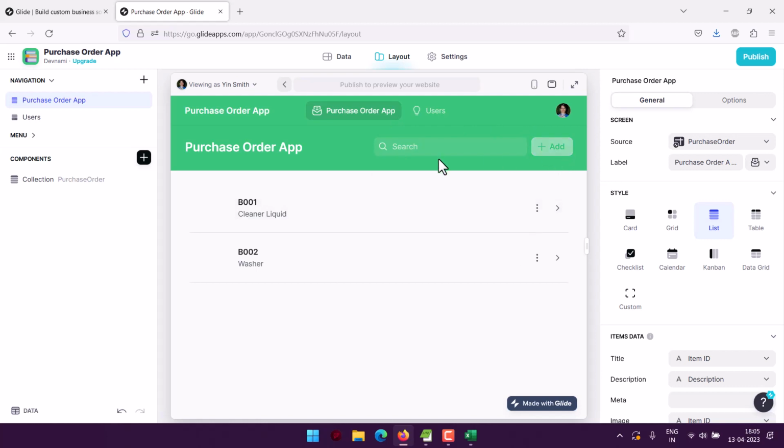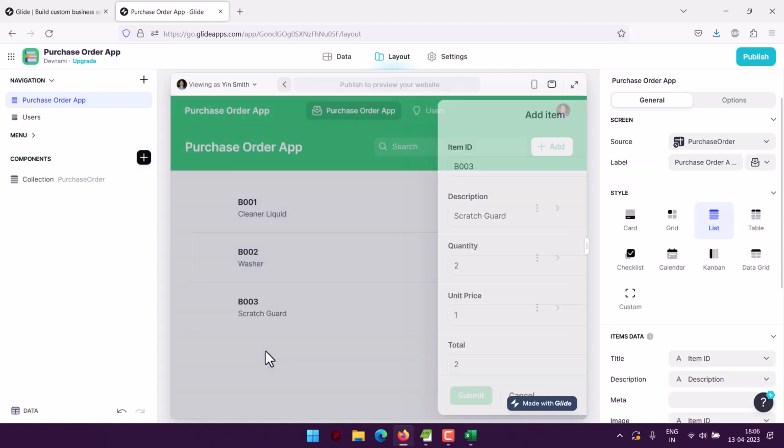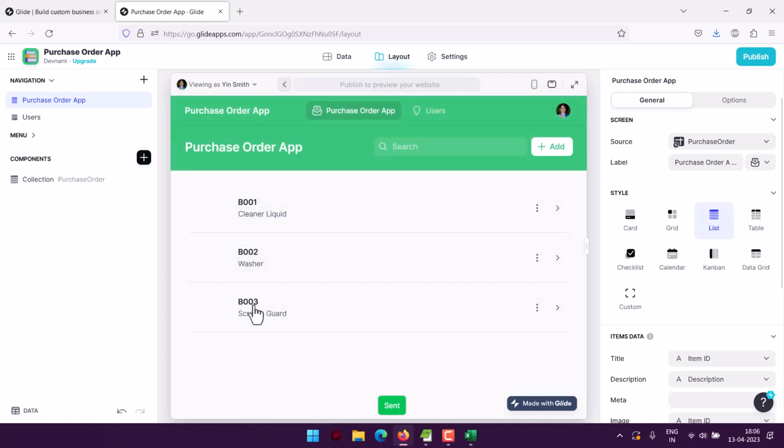If you want to add new data, simply add it like this, B003, then description, let's say scratch guard, quantity 2, unit price 1, total 2, right? Now let's go submit, and you have 3 details added. Now you are good to go with your own purchase order app in